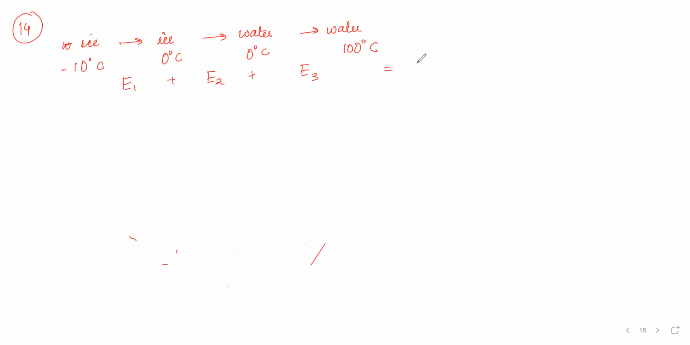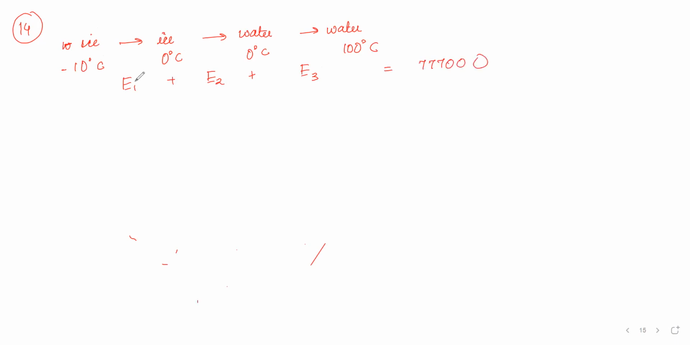So here you are required to convert ice at -10 degrees Celsius. So this will be converted to ice at 0 degrees Celsius. Then this will be converted to water at 0 degrees Celsius and then water at 100 degrees Celsius. So in this process, it will be E1, the first energy, this is E2 and this is E3, and the sum of all the three of them has been given as